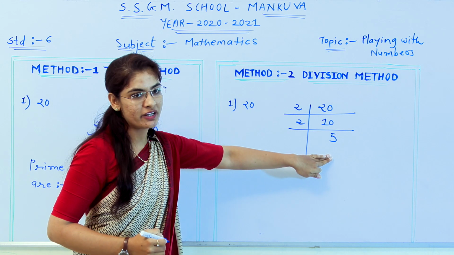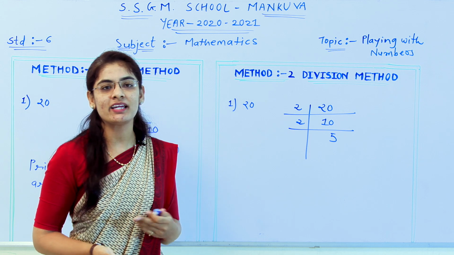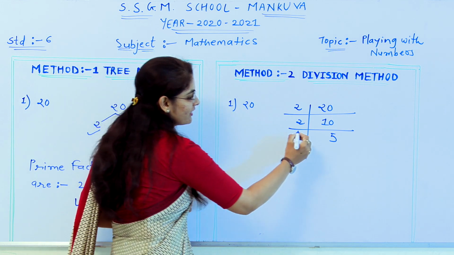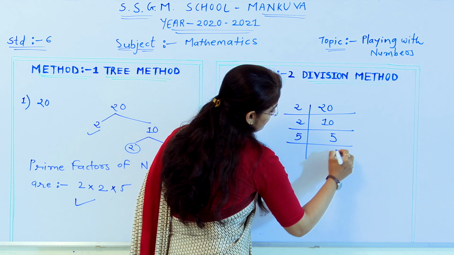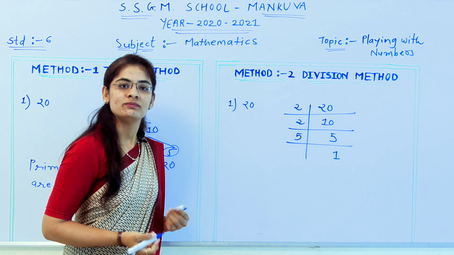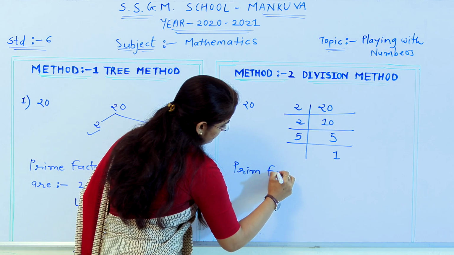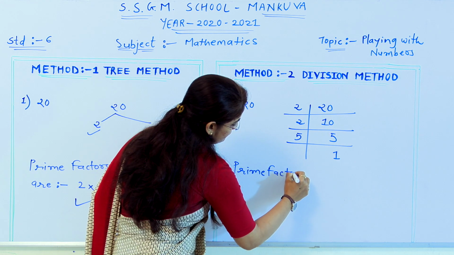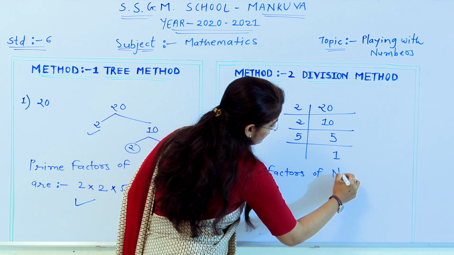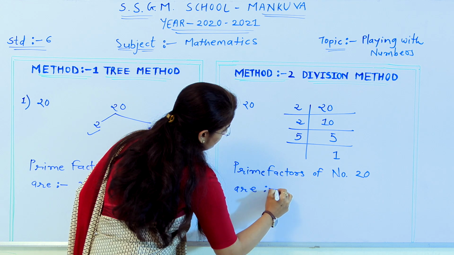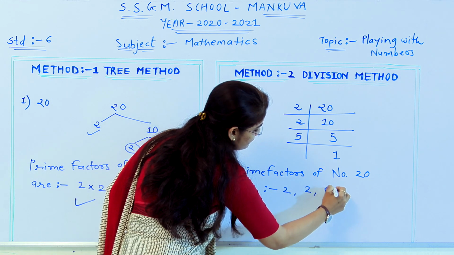अब 2 के टेबल में 5 तो नहीं आएगा, 3 के टेबल में भी नहीं आएगा, 4 के टेबल में भी नहीं आएगा, लेकिन 5 खुद के टेबल में तो आएगा ही आएगा. तो यहाँ पर हम लिखेंगे 5 1s are 5. स्टॉप. इनफ नाउ. राइट हियर प्राइम फैक्टर्स ऑफ नंबर 20 आर 2 2 5.